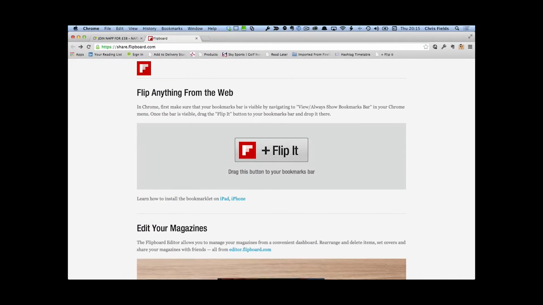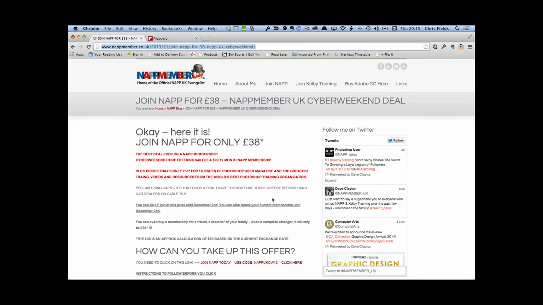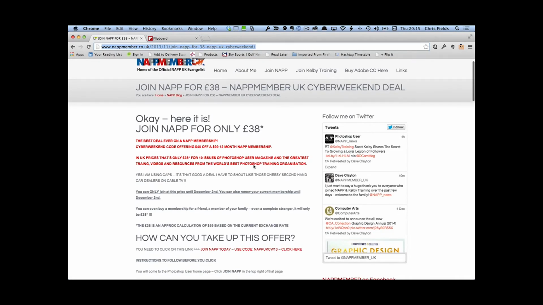If we jump back across to the Mac and go to Chrome or Safari, whichever browser you prefer, and go to share.flipboard.com, if you then drag the Flip It button up to your bookmarks bar, which I've done already, we can then go to any website we want. So say I've gone to this website, and this particular article I thought was quite interesting and could probably use being in my magazine. If I click the Flip It button,